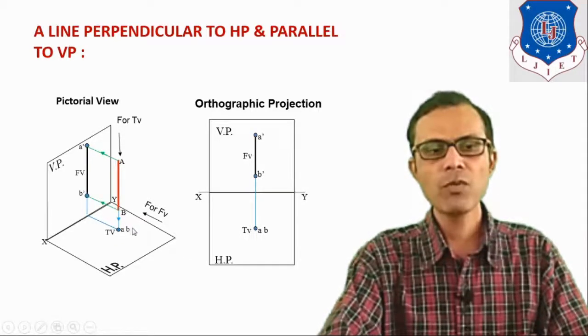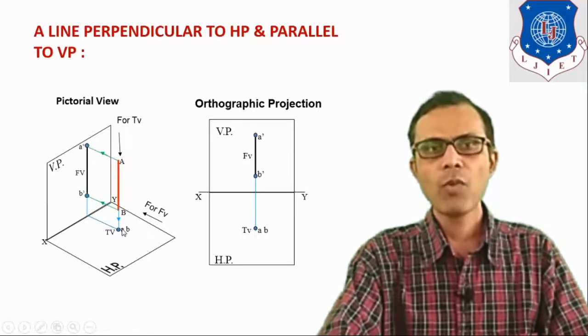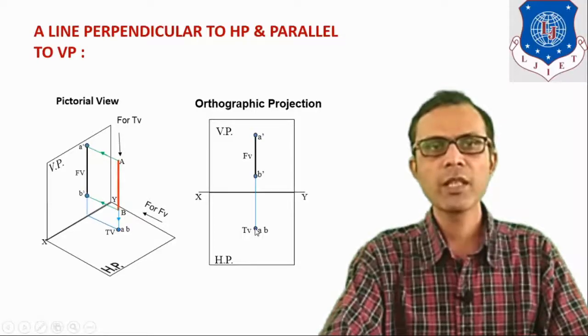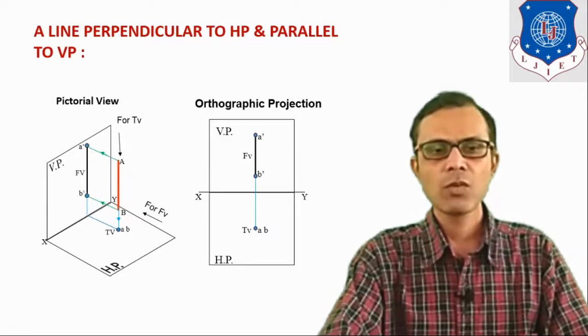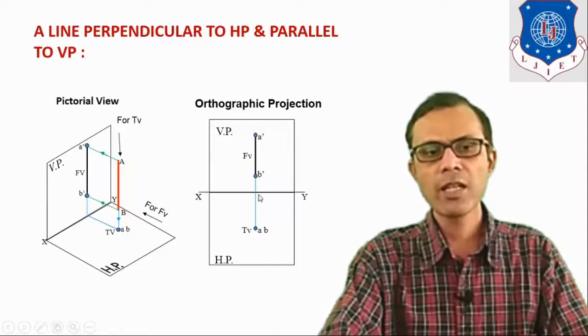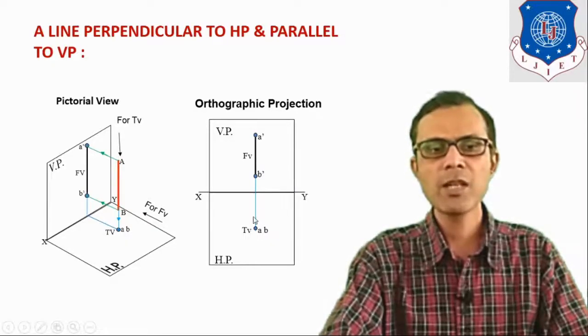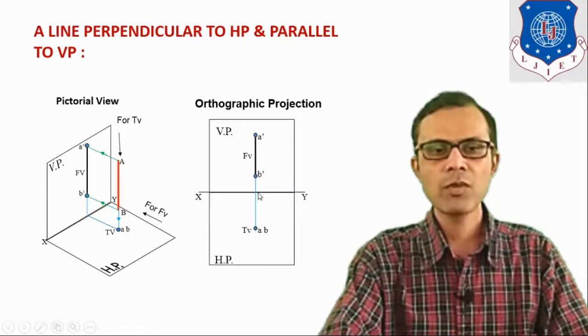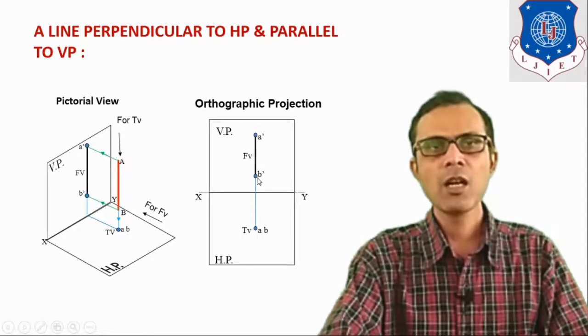So in top view we are getting a point as the top view. On HP it is the top view for the given line AB. So if there is a distance given in front of VP, that similar distance we have to take over here. It is the in front of VP distance below the XY line, and this distance is above HP for end B. So that much similar distance is here above the XY line.